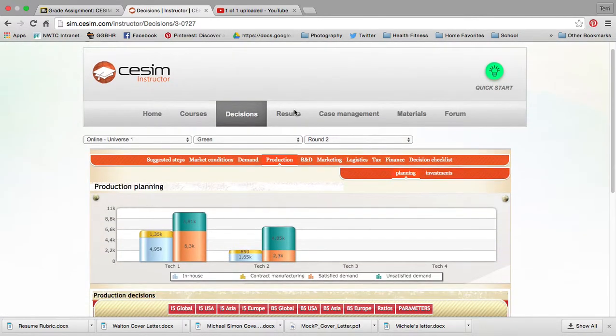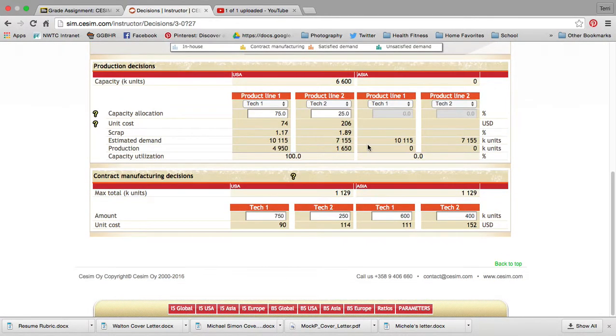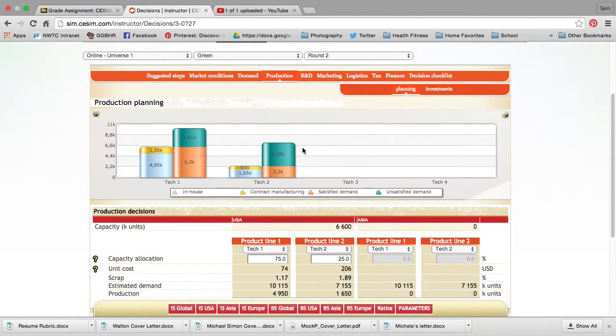From a production perspective, I want you to remember that whatever you have down here will get used first. So if you're not selling, I think Tech 1 was where we sold a little bit less, probably for a price perspective on green. You want to reduce your Tech 1 contracting spend so that you make more in-house and you can increase your utilization. So that's something to pay attention to for that area as well.